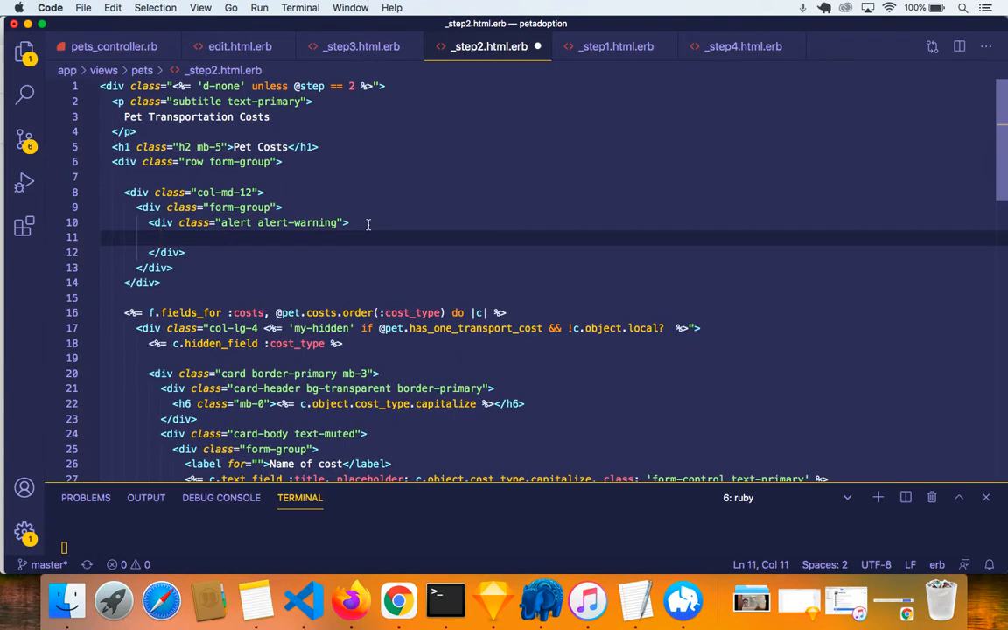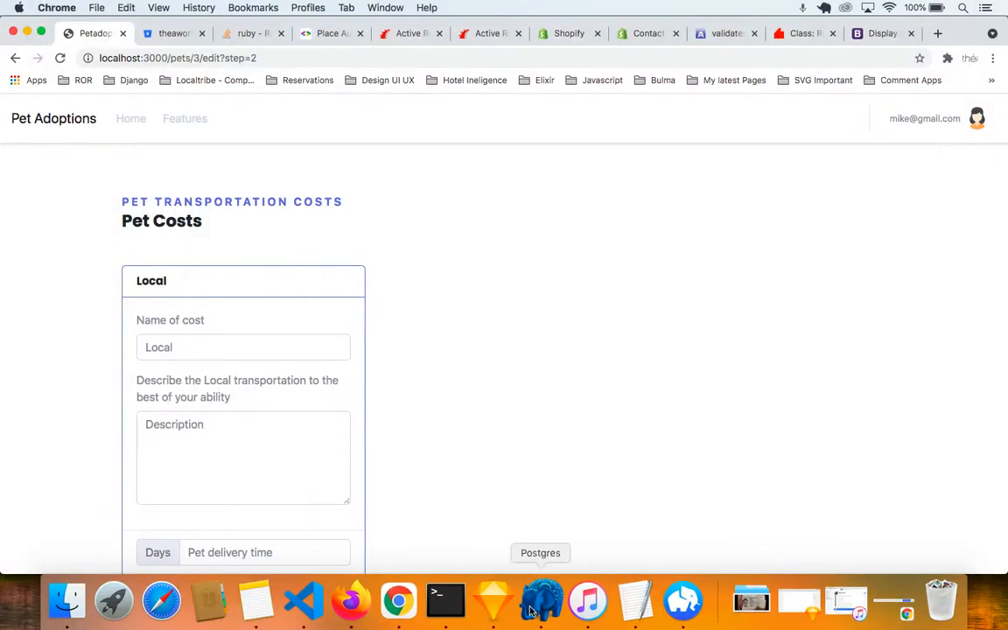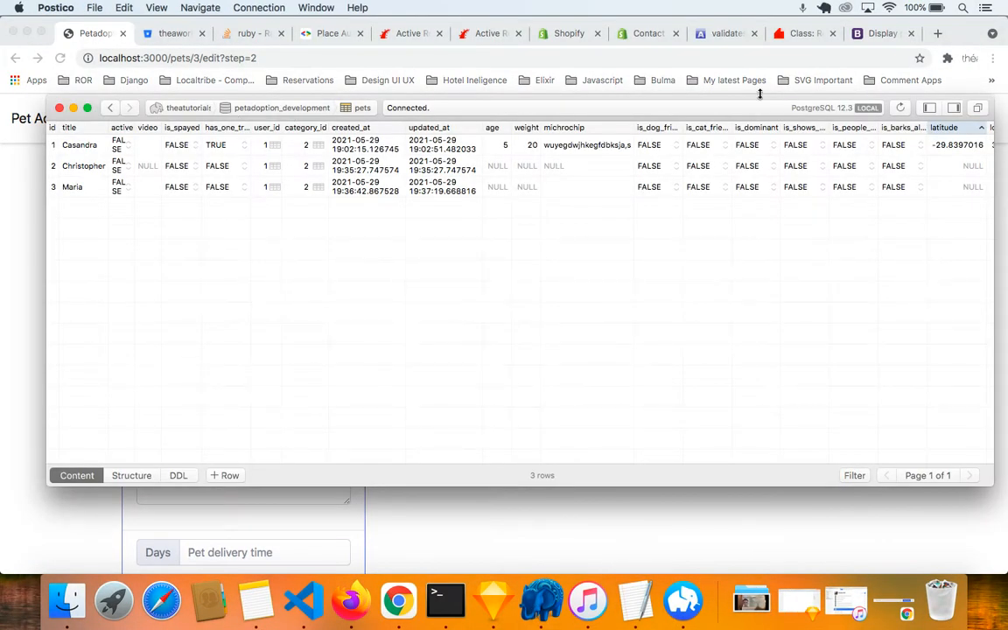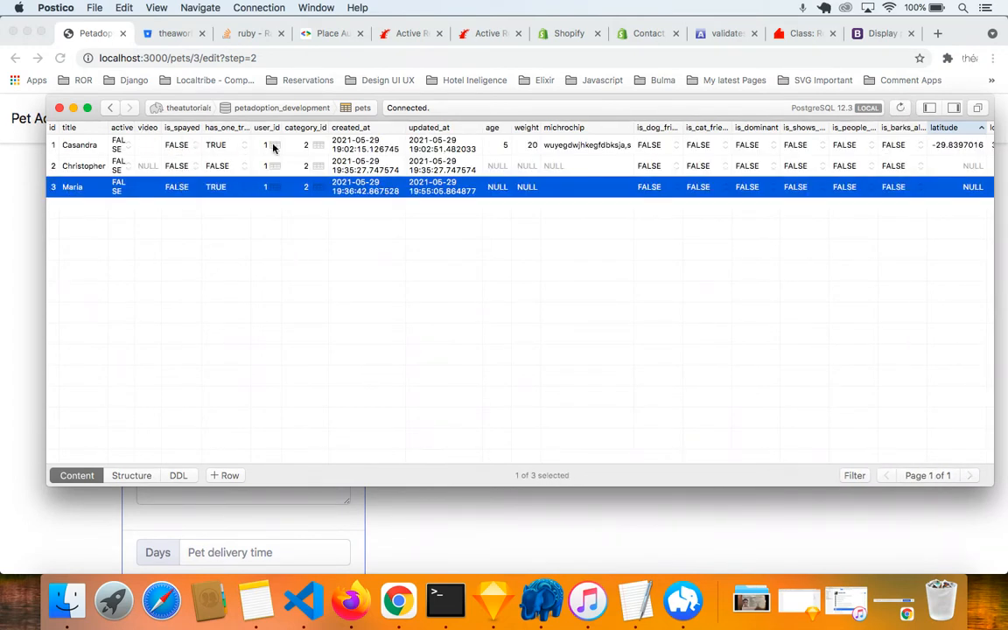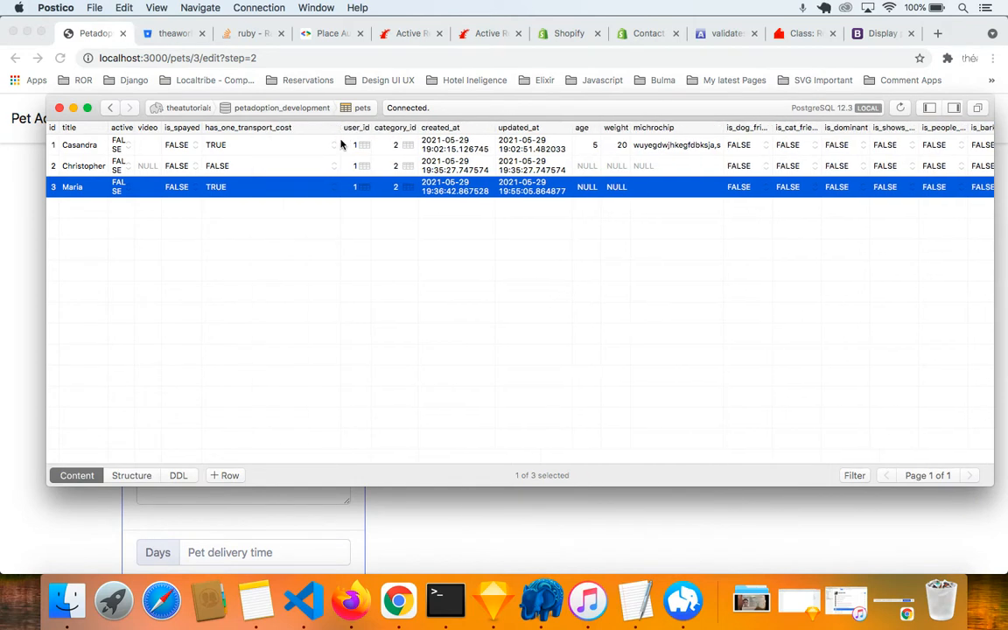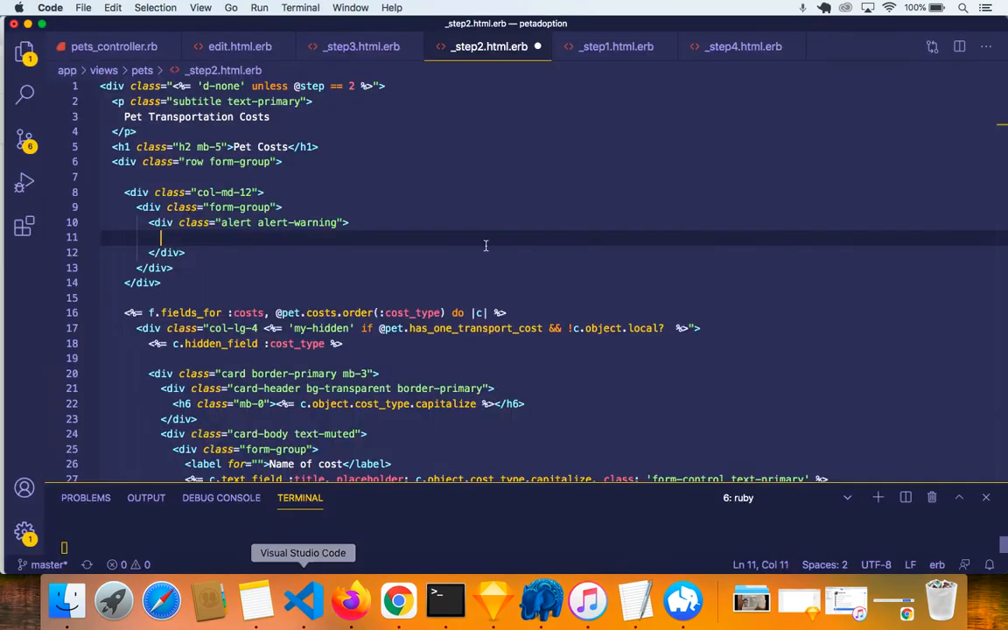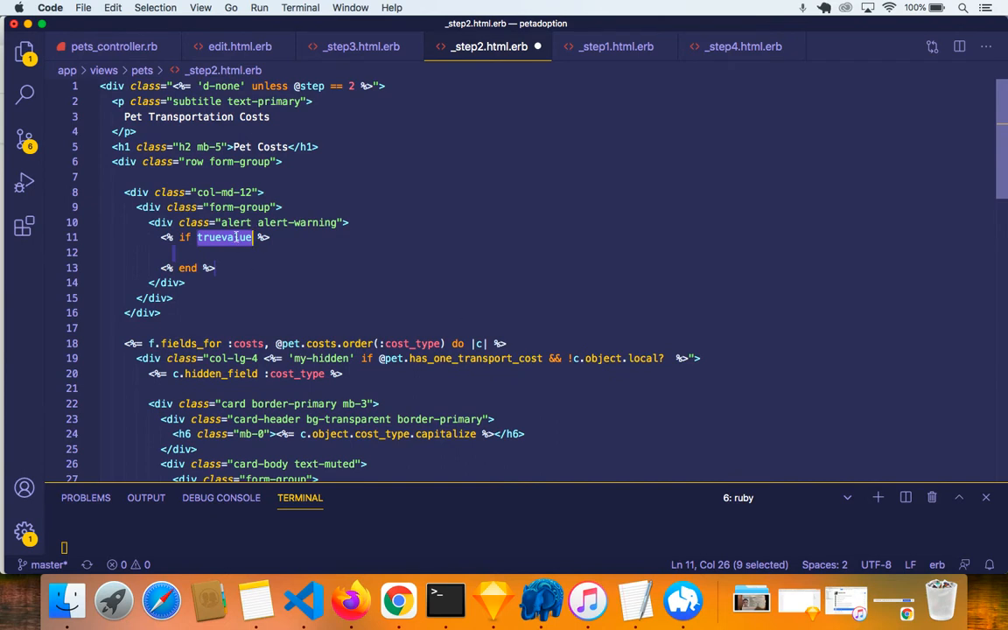Okay, so what I want to do is I want to see if the has transport cost is true or not. Because right now we have a pet, and that's pet ID number 3. And if you look at the has one transport cost in pet ID number 3, it says true. So whenever we update this, it becomes true, false, right? So what I want to do is I want to tell the user, so look, let me do an if else statement. If at pet dot has